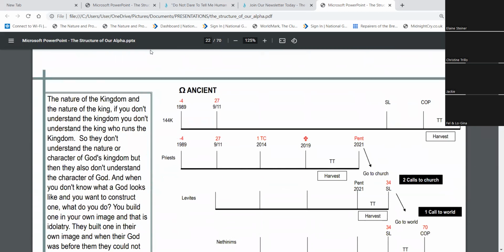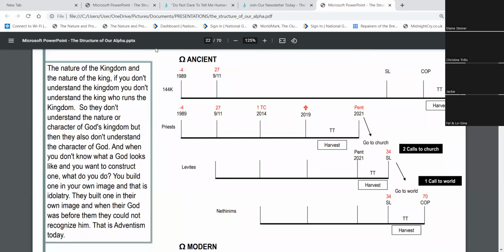So the nature of the kingdom and the nature of the king. If you don't understand the kingdom, you don't understand the king who runs the kingdom. So they don't understand the nature or character of God's kingdom, but then they also don't understand the character of God. And when you don't know what a God looks like and you want to construct one, what do you do? You build one in your own image, and that is idolatry. They built one in their own image, and when their God was before them, they could not recognize him. That is Adventism today. I think when I first heard that, I got really scared,